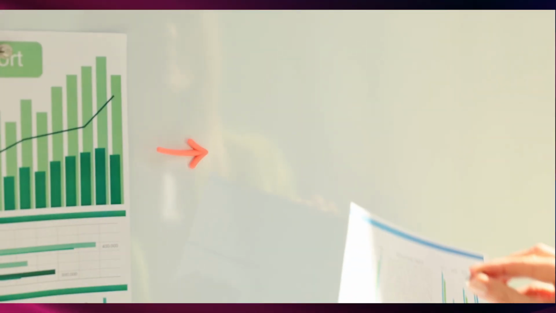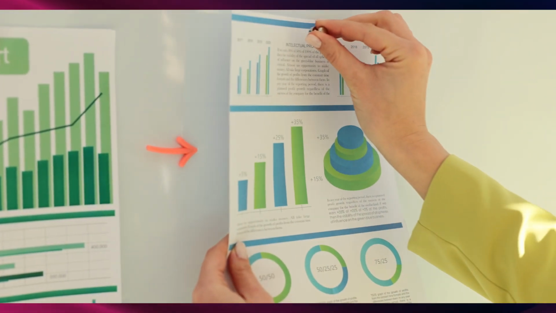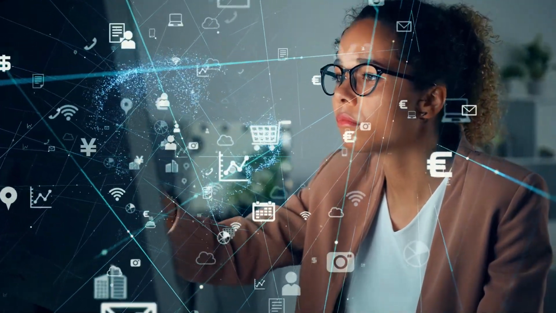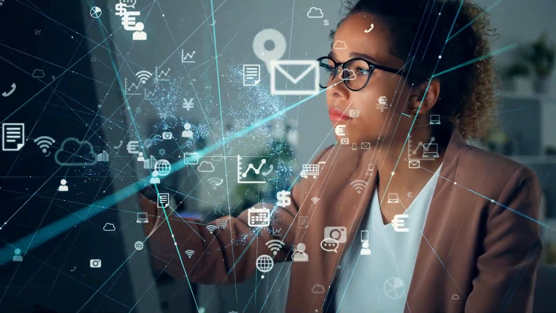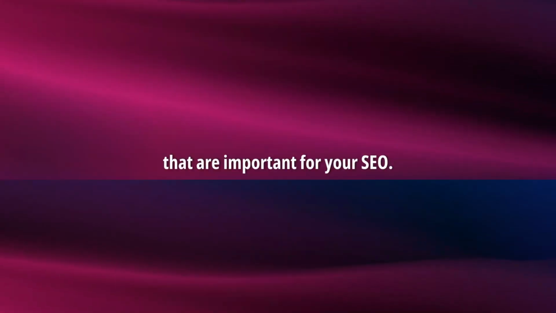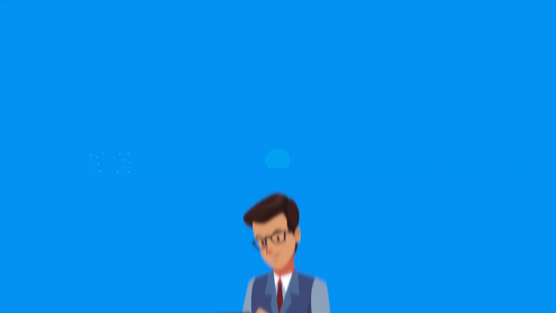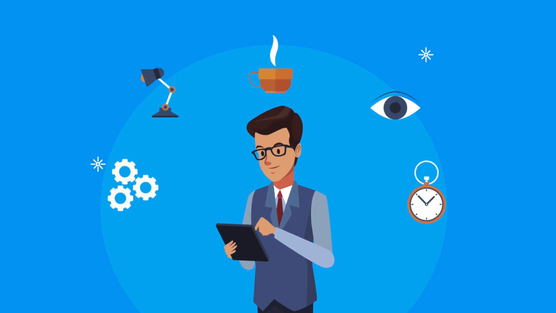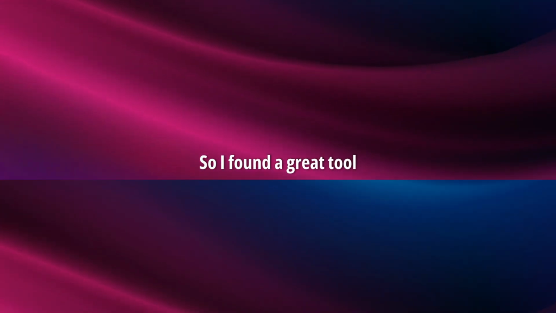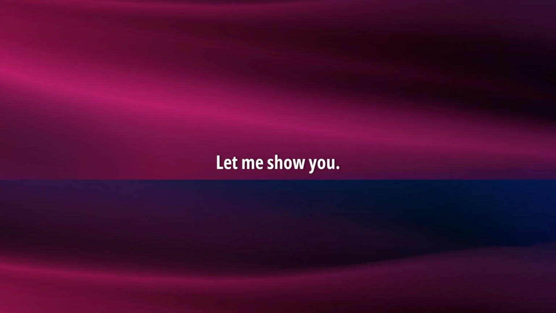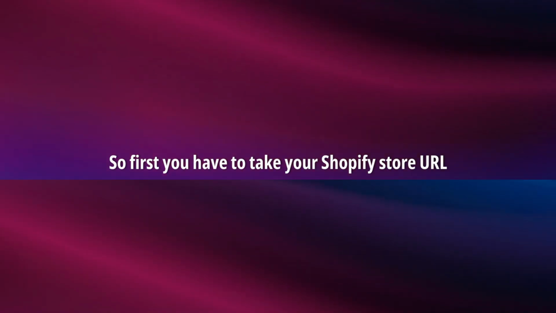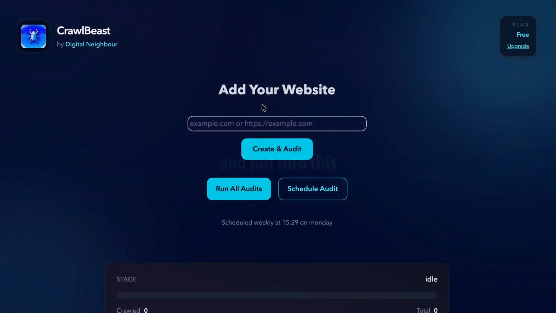instead of manually checking pages, exporting different spreadsheets, and jumping between different tools. You have to go through multiple tools sometimes in order to find certain issues that are important for your SEO. I wanted a much faster way to understand what's actually wrong with a store. I found a great tool where you can do this. Let me show you. So first you have to take your Shopify store URL and put it into this and click